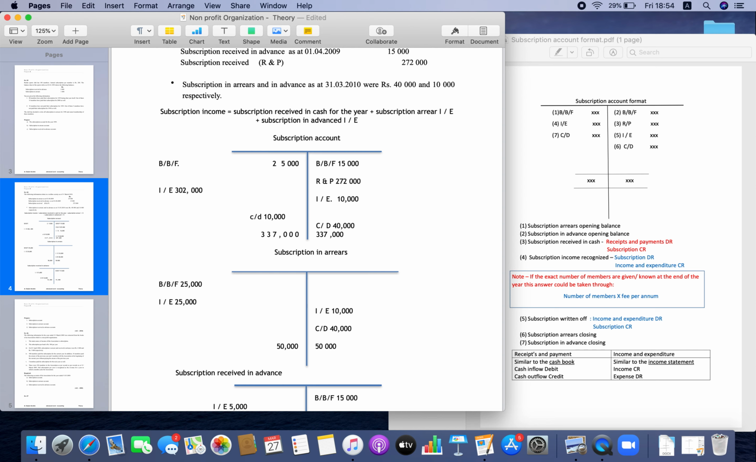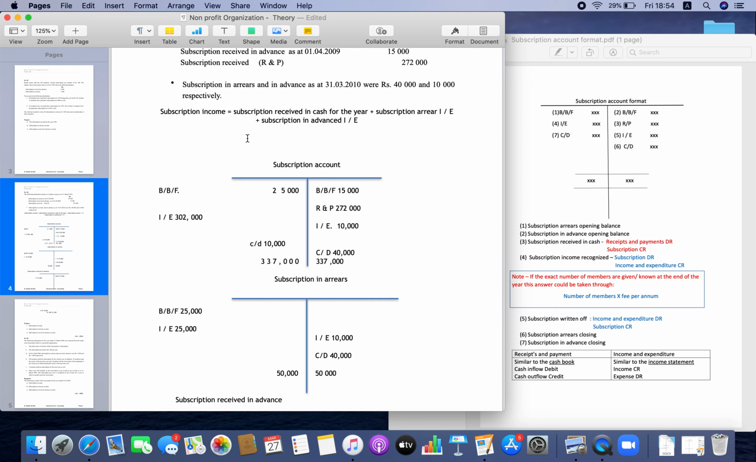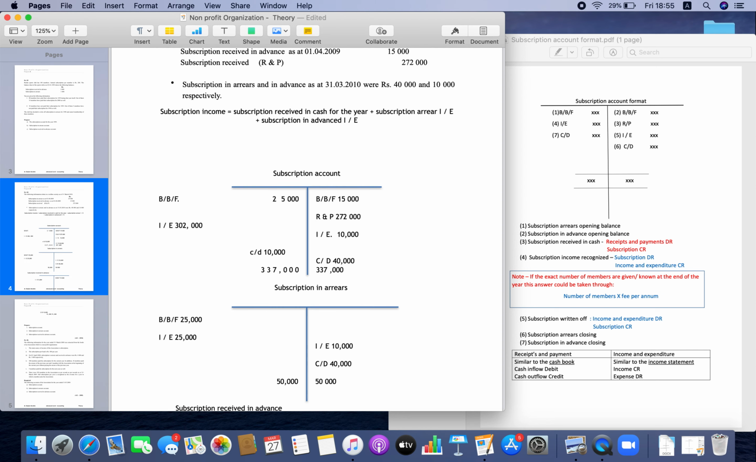So this is the purpose of preparing the 3 accounts actually. Subscription income: in this question, subscription income is 302,000. We can cross check this 302,000 by adding 3 given figures. In your formula, the first thing they want is subscription received in cash. Subscription received in cash during the year is 272,000. So let me mark that one, 272,000 plus